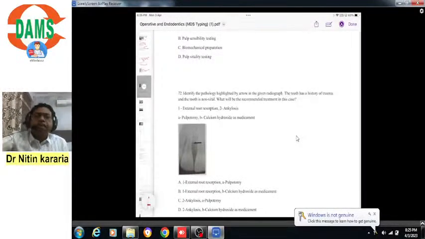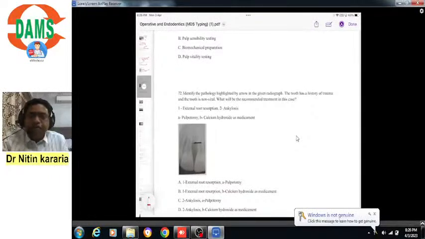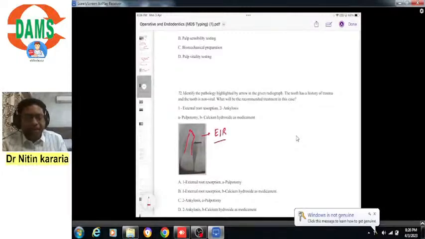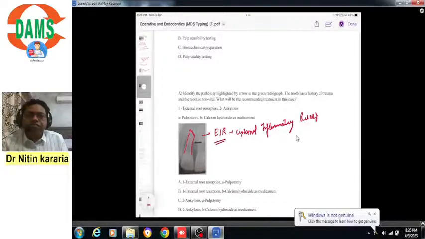Now if we look closely at the radiograph given here, you can easily identify that there is shortening of the root of the maxillary central incisor as compared to the adjacent tooth. So it is definitely a case of external inflammatory root resorption. EIR stands for external inflammatory resorption. Okay, so the first part has the answer, like it is external root resorption